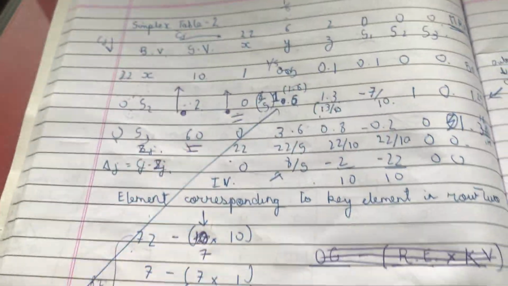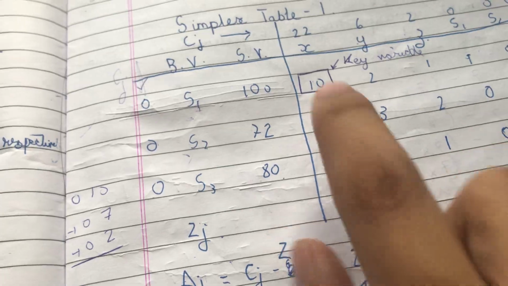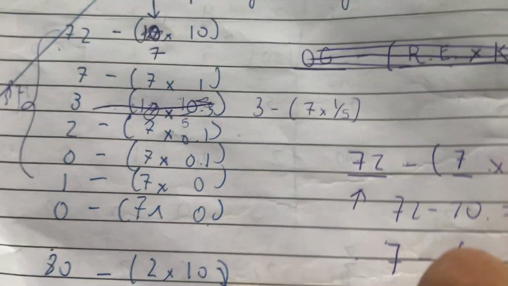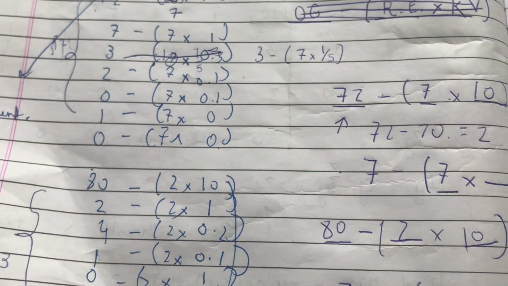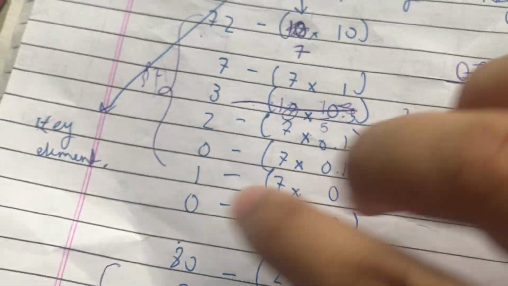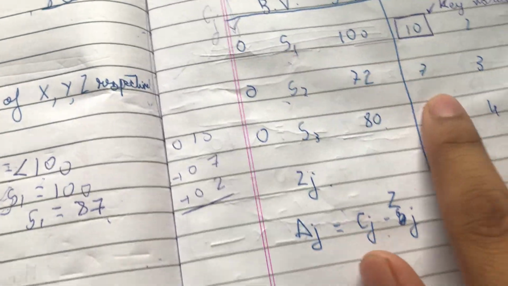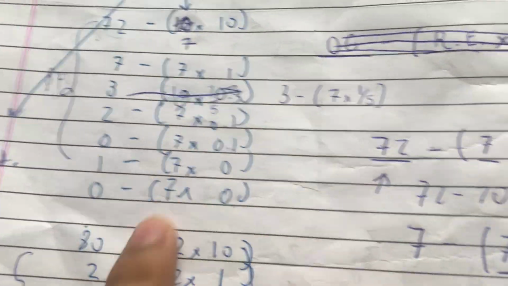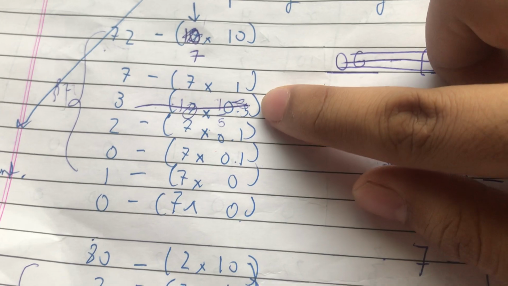Now S3 में 80 is going to be replaced, so you write 80 minus. Now what is the corresponding element? 10 का corresponding 2 in row 3, so you write 2 into corresponding of this is what? 10, so you write 10. Now if you see, a pattern emerges: this will always remain the same, 2 2 2 2 2 2 2, 7 7 7 7 7 7. Why? Because the corresponding element will always remain the same, so this will always remain the same, and this 10